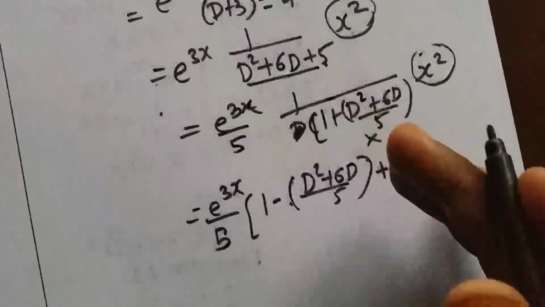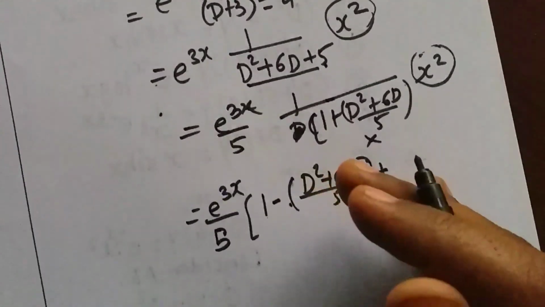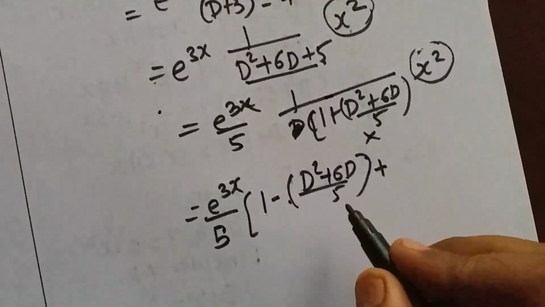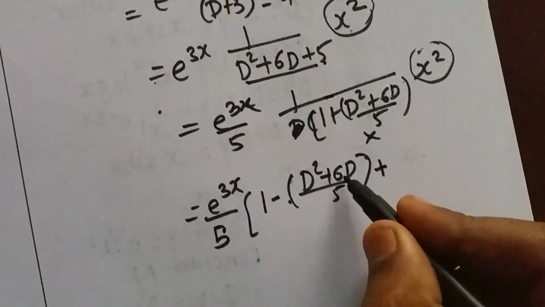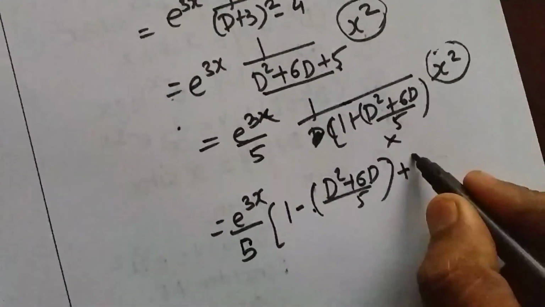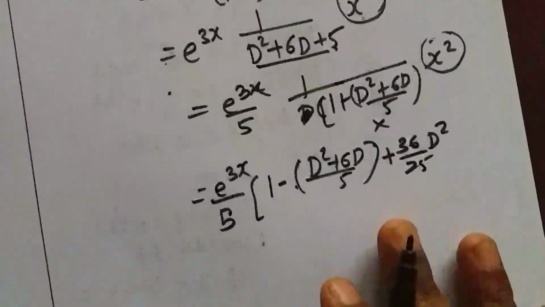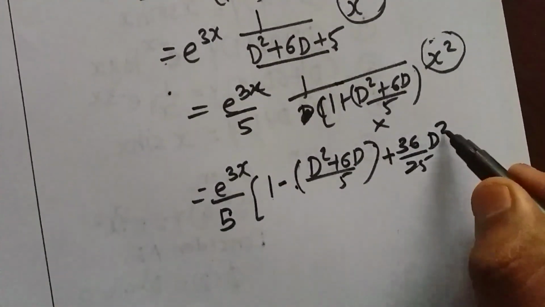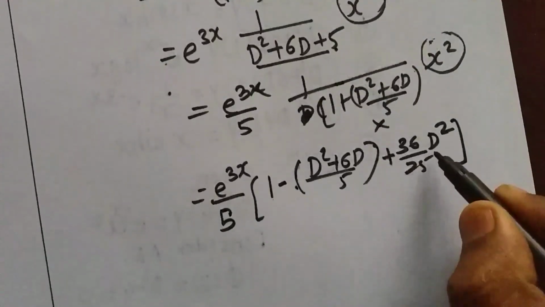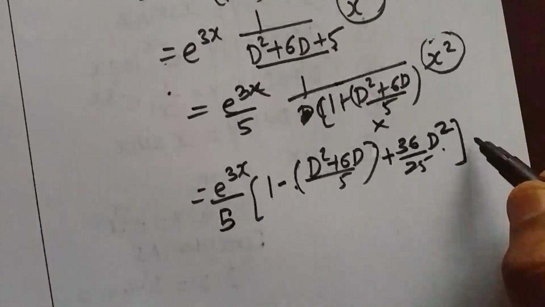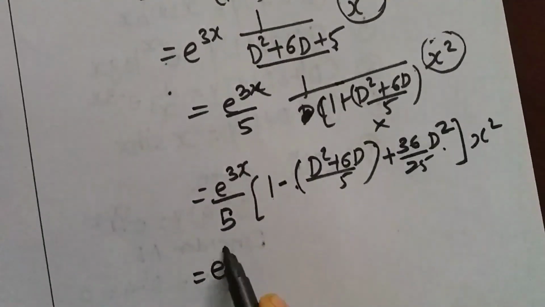Okay, such terms we are not going to write. We are going to write only the terms which will have the powers of d up to 2, and that term is the square of this second term, 6d by 5. It is 36 by 25 d square, and the remaining terms will have powers of d more than 2, so we are not going to write that. Hence we'll terminate our expansion here itself, x square as it is. Now simplify.